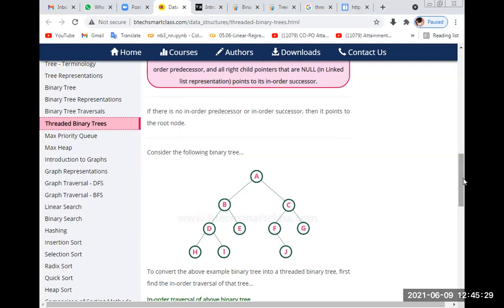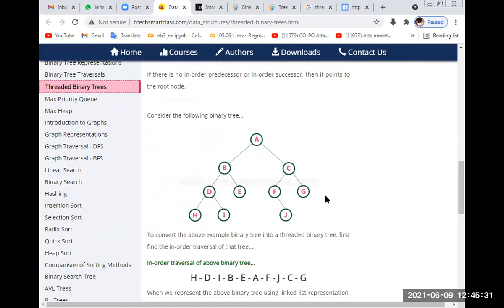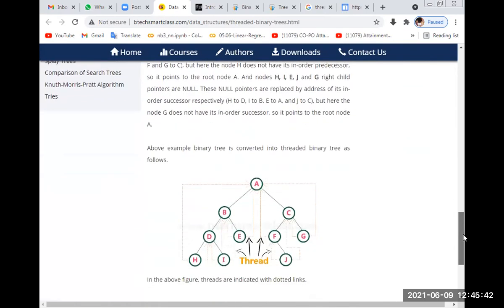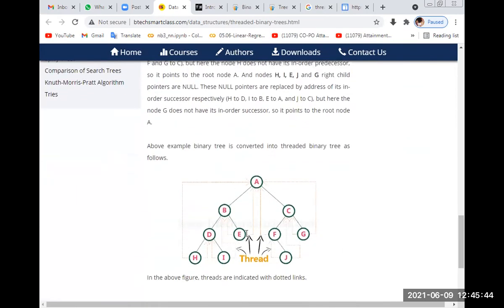So how do we store? First you have to find the in-order successor of this tree. In-order means first left, then parent, then right. So this is the in-order successor. After that you have to construct the addresses in this way.